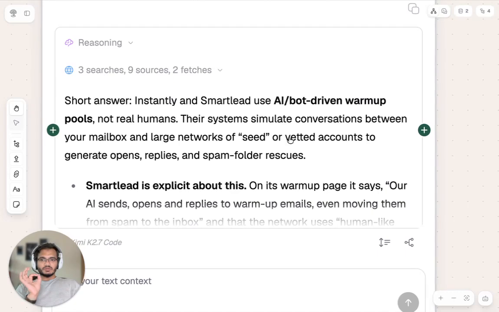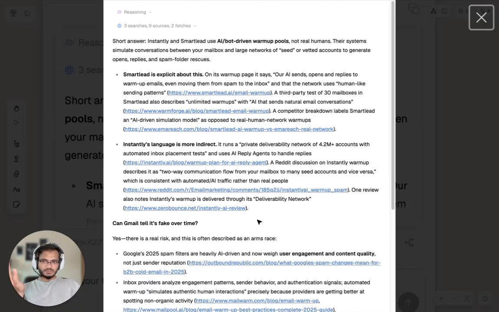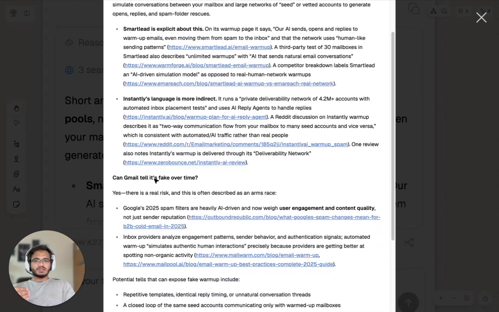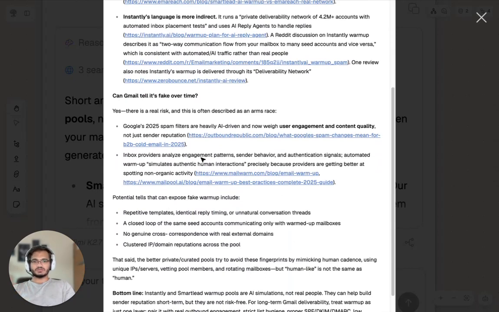So when you do the warm-ups, even the automated warm-ups, they're just helping you put some age on that domain, and that can help. The other thing is they avoid the volume spikes, right? These two things are beneficial. But now let's imagine that you're just running warm-up for months, or you are doing warm-ups in huge volumes, or you just keep on reusing the same pool of warm-ups. At some point, Gmail can tell that it's fake, and it's not going to give you any brownie points for doing it.